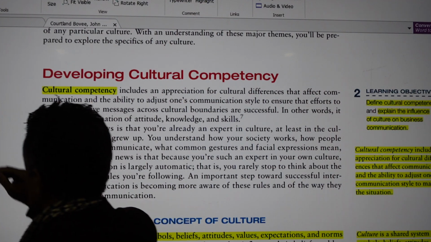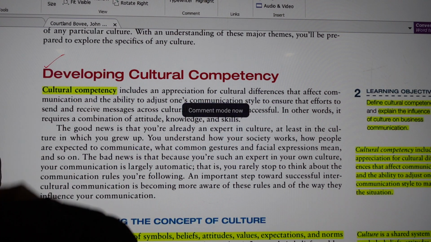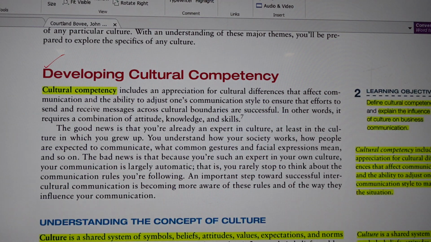What is this heading? Developing cultural competency. So we will understand what cultural competency means, and we will understand how culture